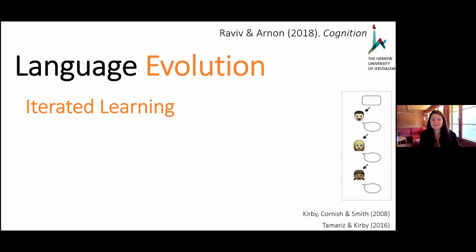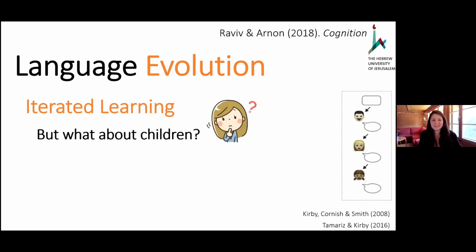But when I saw these studies again late in my master's, I was like, but what about children? Because one important criticism of these types of studies is that all the participants in these experiments are adults who already speak a language. And the problem with this is, well, older participants, first of all, they're not the typical language learners in the real world. And second, they may benefit from better working memory, more sophisticated problem-solving strategies, and they could just rely on their previous extensive and somehow explicit linguistic experience and knowledge of grammar.